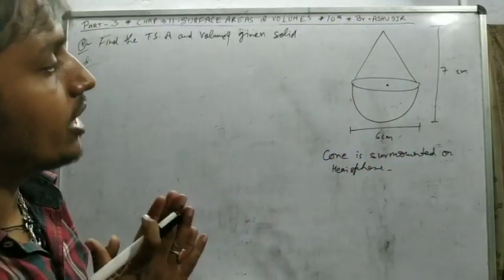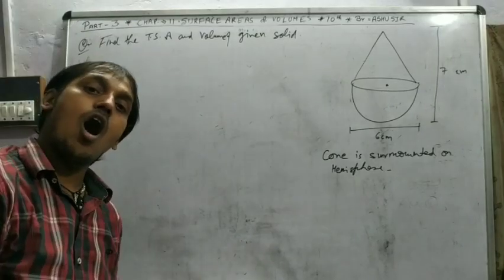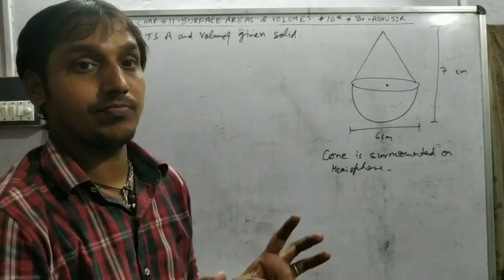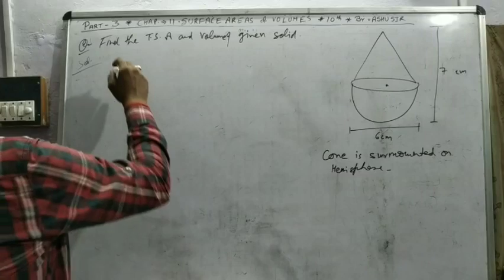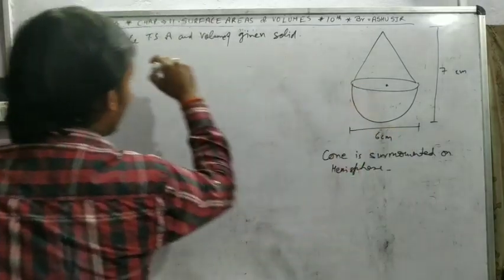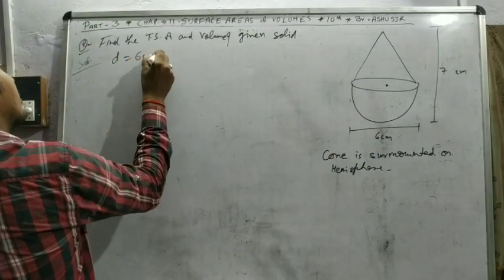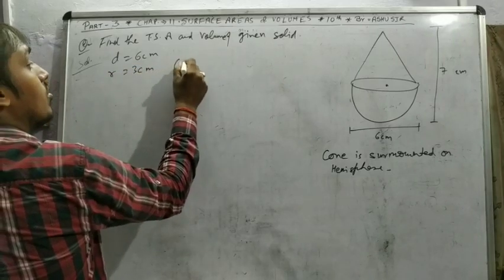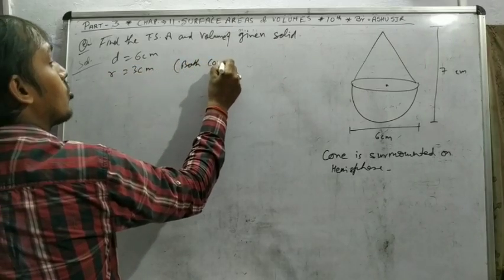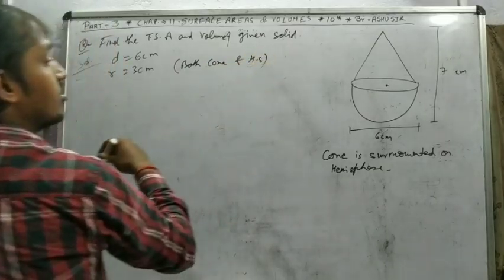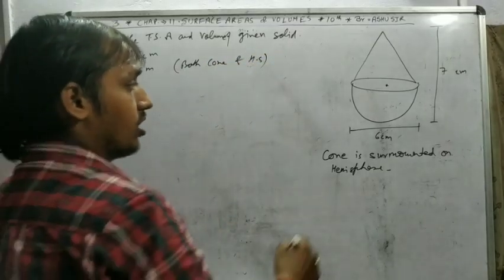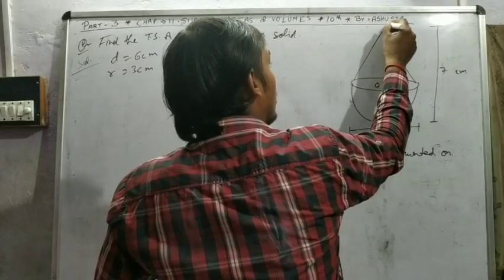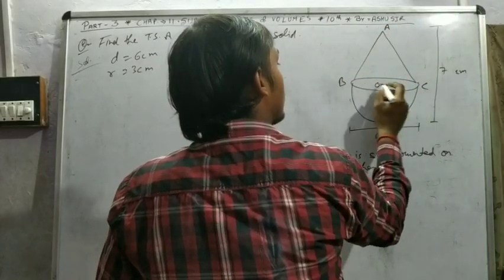So surmounted means the bases of both are the same. It means if this diameter is 6 centimeter, so radius 3 centimeter is for both cone and hemisphere. If you take this as O, A, B, C,